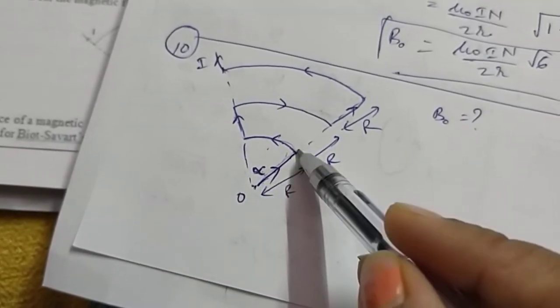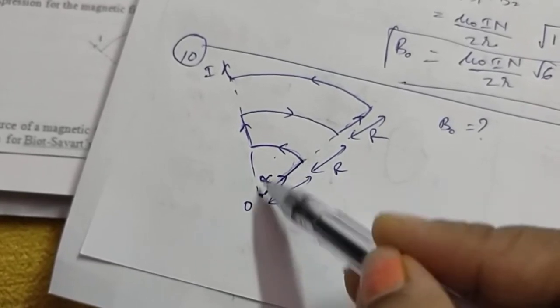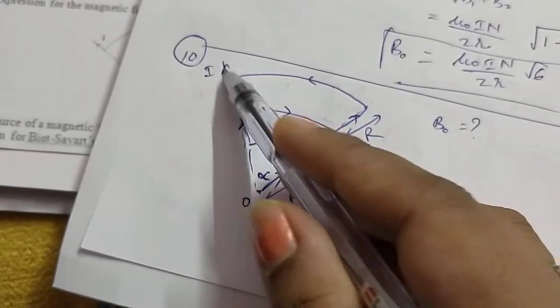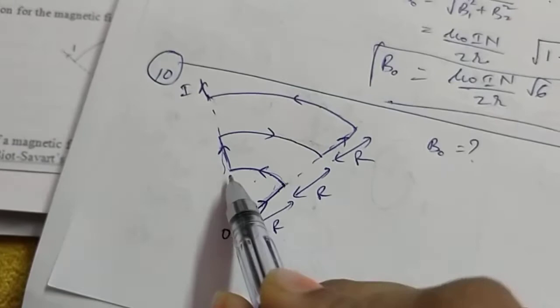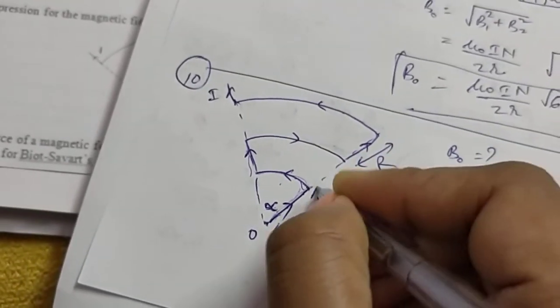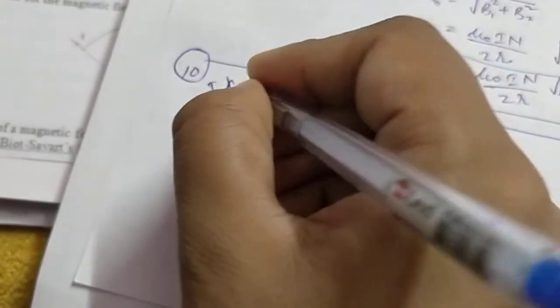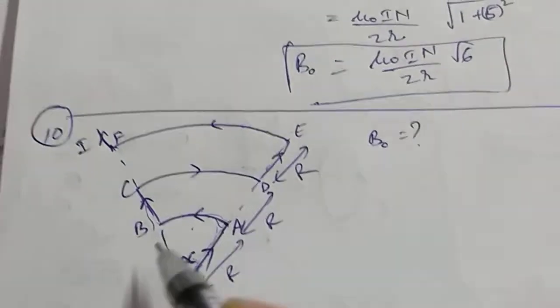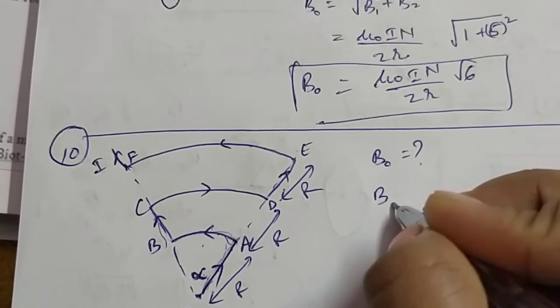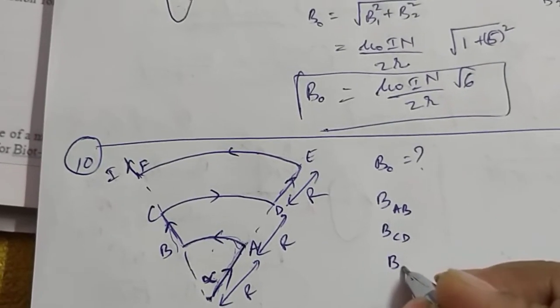Now because these straight parts के along center इसी के ऊपर lie कर रहा है, so magnetic field due to this part, this part, this part and this part will be 0. There is no contribution. Only contribution is because of these parts. Okay, so if suppose I name them A, B, C, D, E, F, तो मुझे magnetic field जो यहाँ पे, it is only because of AB, CD और EF.